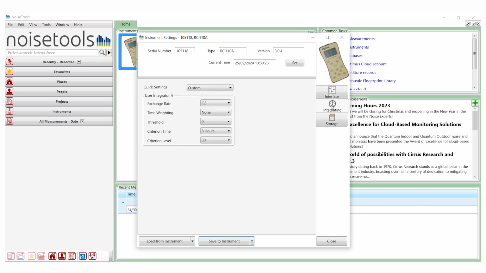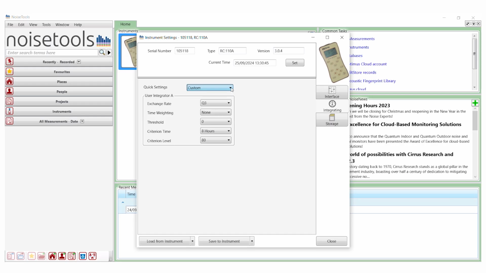Let's look at the next one down, which is integrating. Now, earlier I was mentioning that we can use our dosimeters in many different territories which have a different way of processing occupational noise data. So you can change the settings in here. It's set to